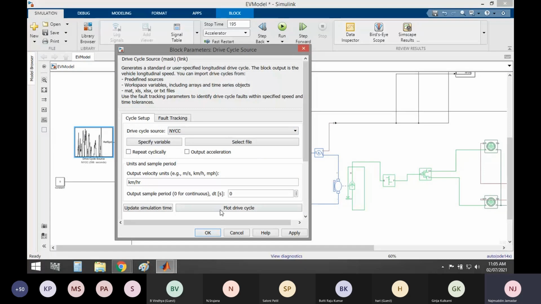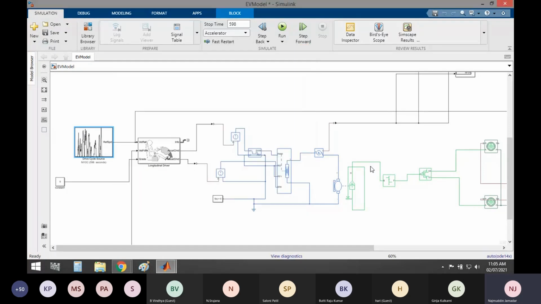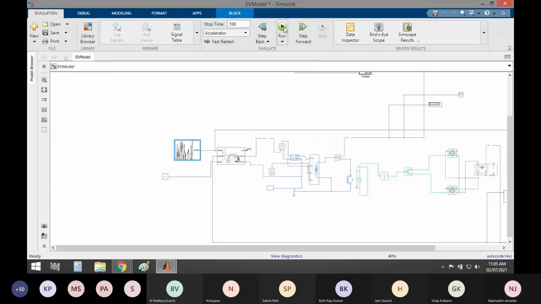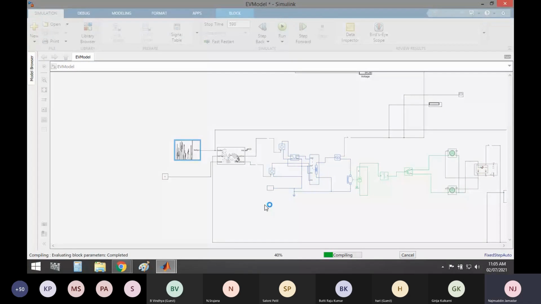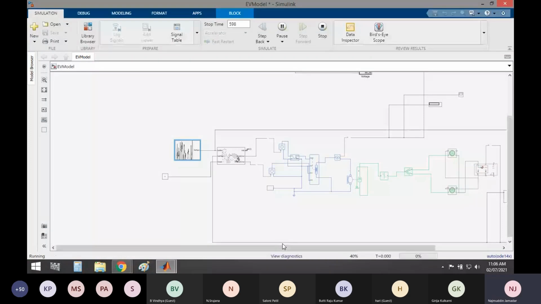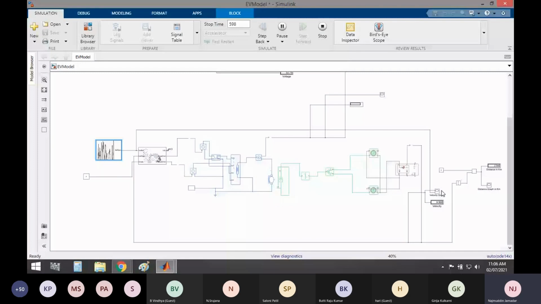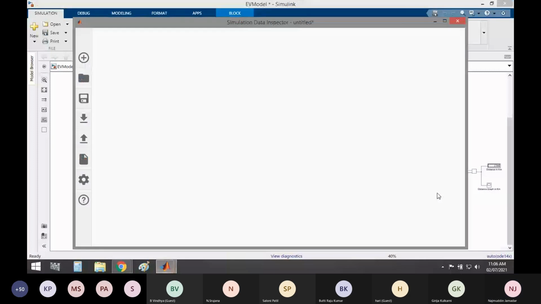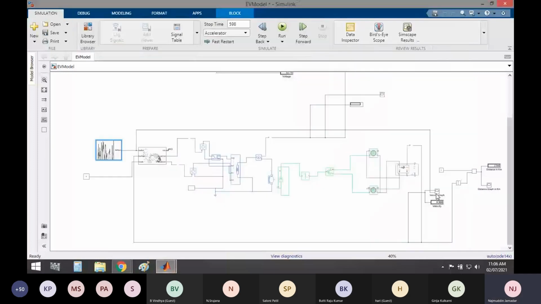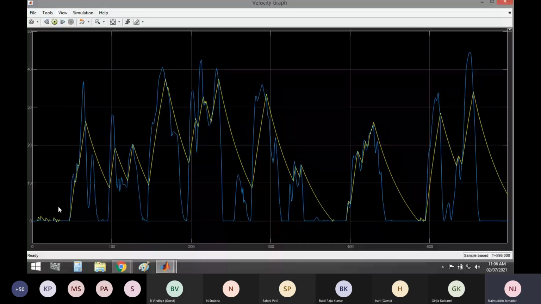I will update simulation time and click. So again, sorry, the blue line is the reference speed and the yellow line is the vehicle speed.